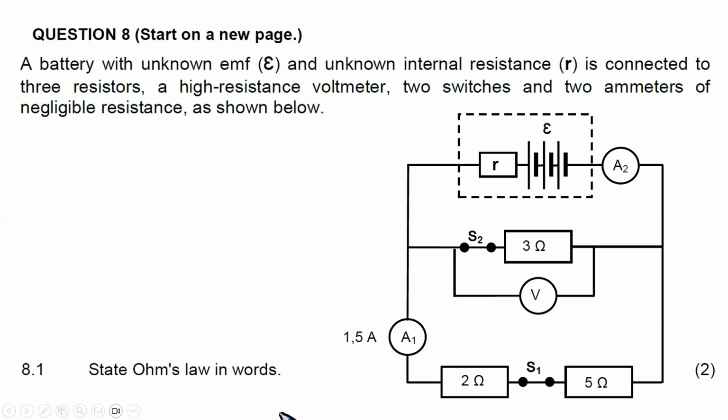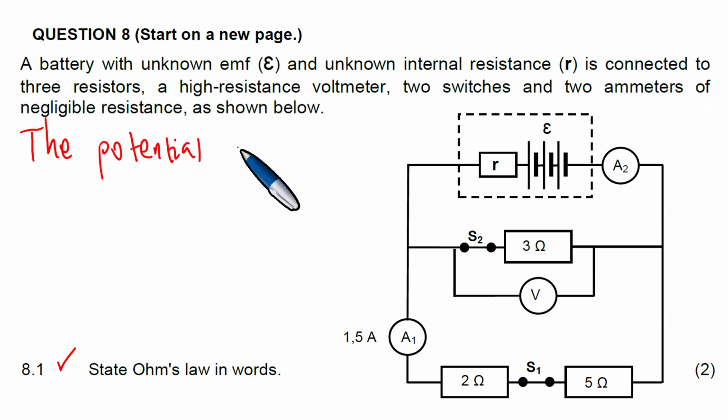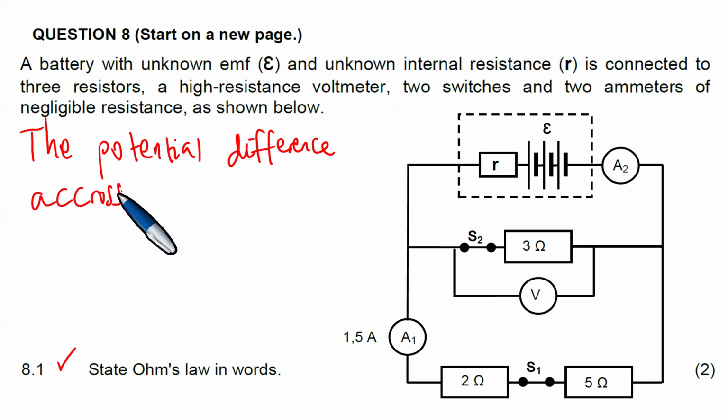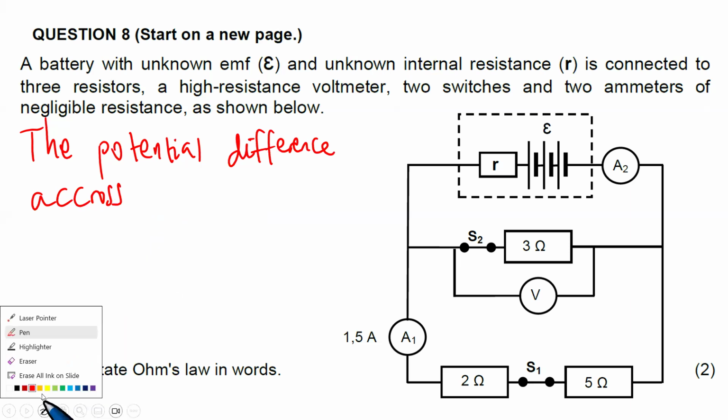Let us look at the statement of Ohm's law. I know that this is a law that you know very well, and we state the law as follows. In an attempt to answer question 8.1, we say the potential difference across a conductor